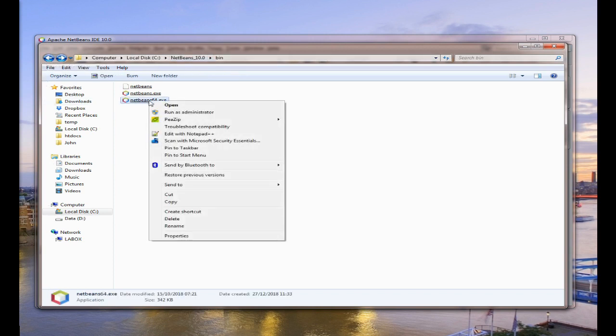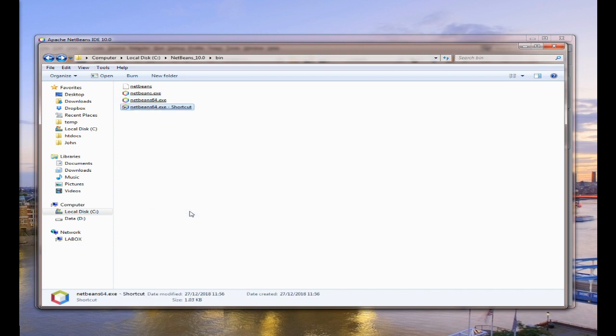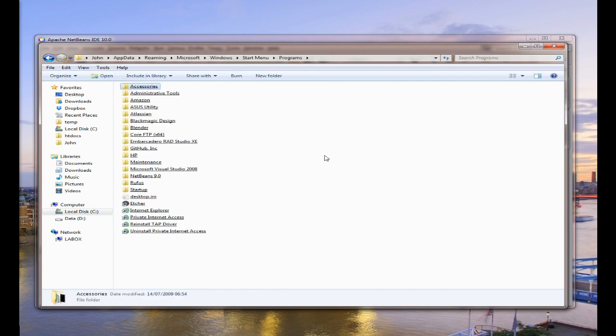Right click on the version, the executable that you used, and click on Create a Shortcut. Then press F2 on the keyboard while the shortcut is highlighted and type in a meaningful name like NetBeans 10 and press enter. Now you want to cut this, so right click on cut, and then click on the forward button on the start menu, come to where it says programs, and in here you want to create a new folder, and we'll call that